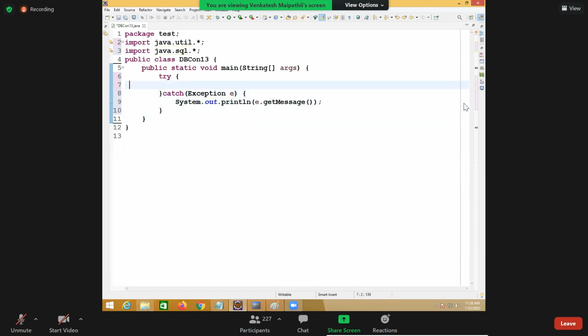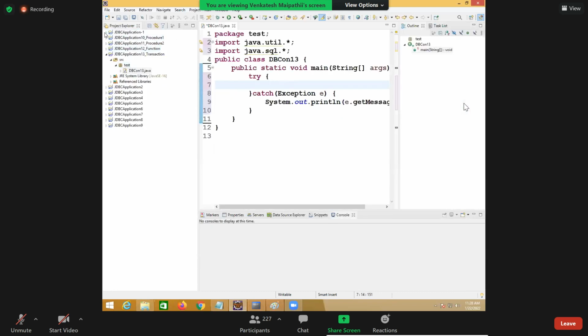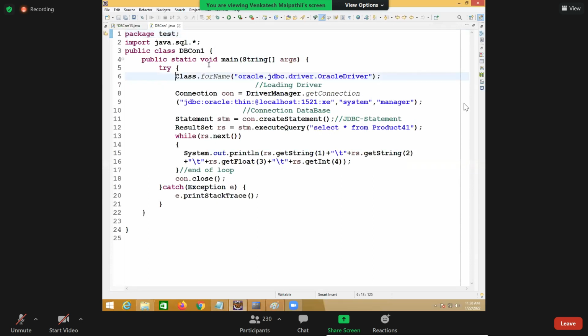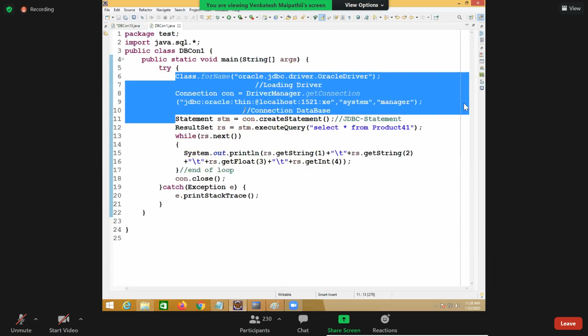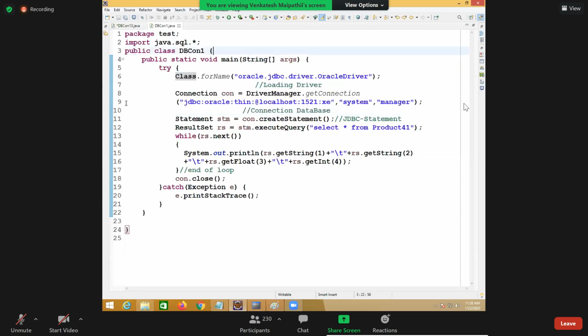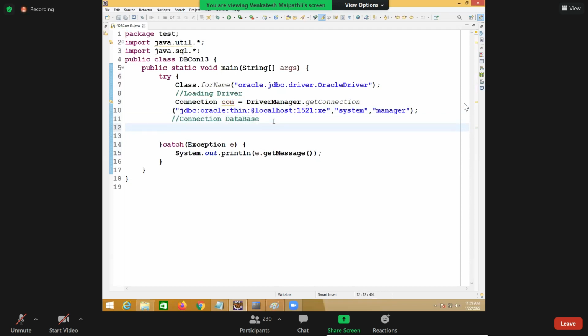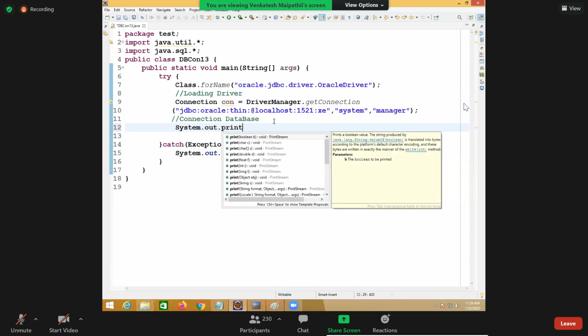Right. So here, first I'll create connection, loading driver and creating connection. I created a connection here. Observed? Right. I have loaded the driver, created the connection. Now let me check that auto commit once. Okay, right. So system.out.println